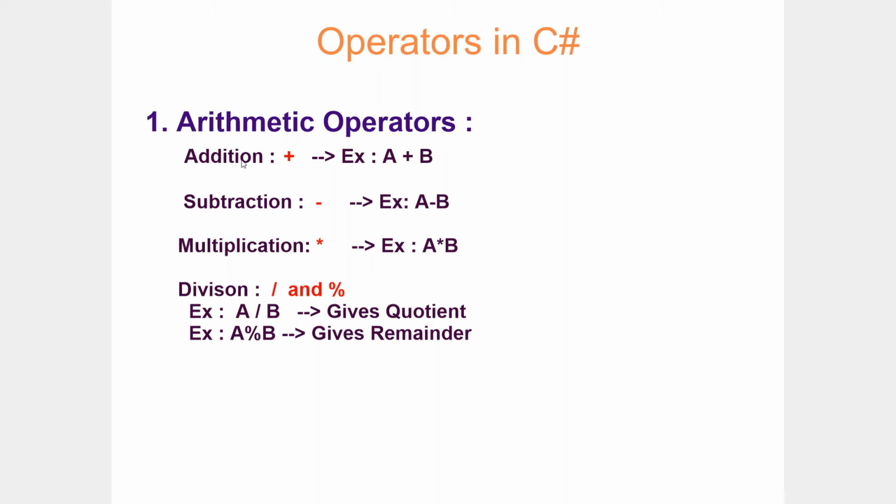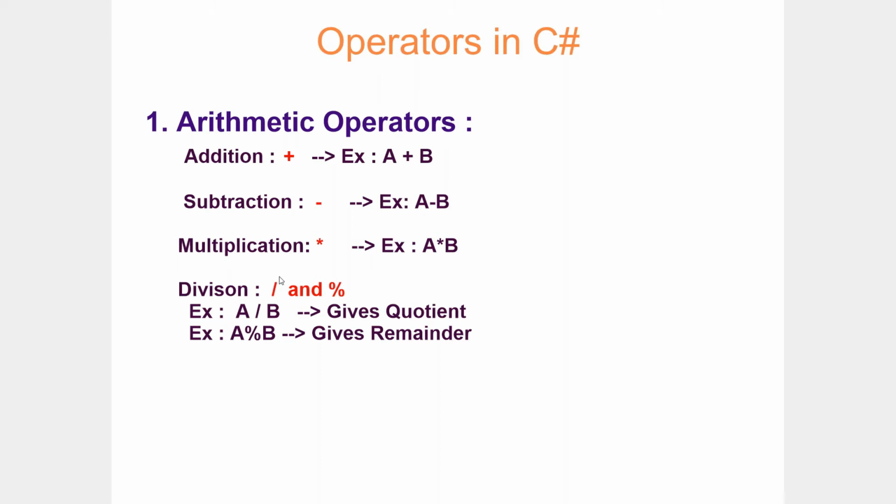See, when you add two values, you will get only one result. When you subtract two values, there also you will get only one result. When you multiply two values, that also gives only one value. But coming to division, when you divide one value with another value, you will get two different values. Those are going to be quotient and remainder. In case of every division operation, you'll always get two different values. Those are going to be quotient and remainder.